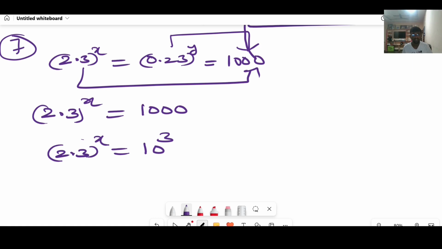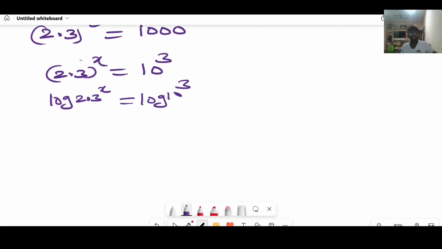I will apply logarithm on both sides. Logarithm on 10 cube. Right now, x log 2.3